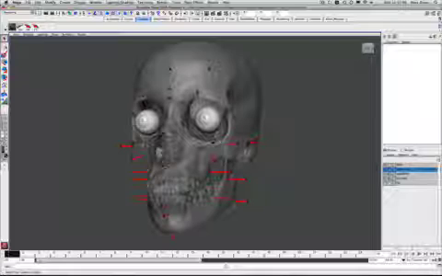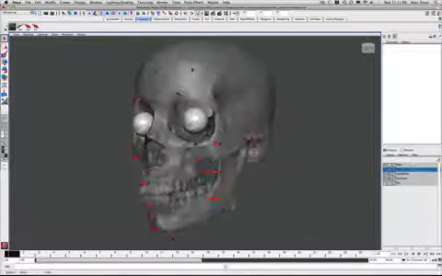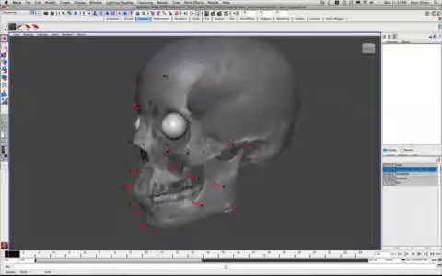So there are a few things we have to do to get set up, and you can see I've got my skull here with the tissue depth markers in place. Just like in the last tutorial, they're not really properly placed and oriented and scaled yet, but for the purposes of this tutorial, it serves as an okay example, and the eyes are in place. So the first thing we're going to want to do is add